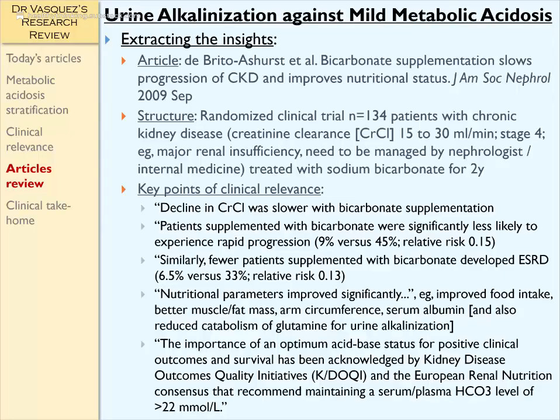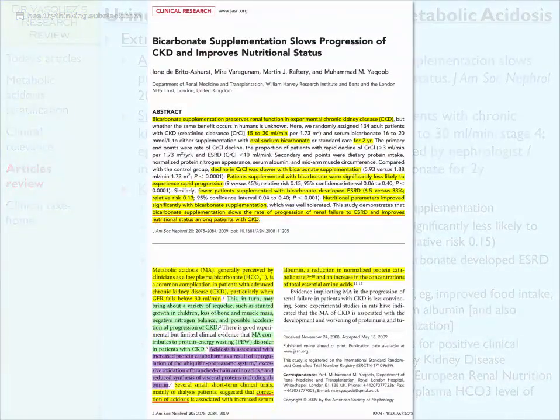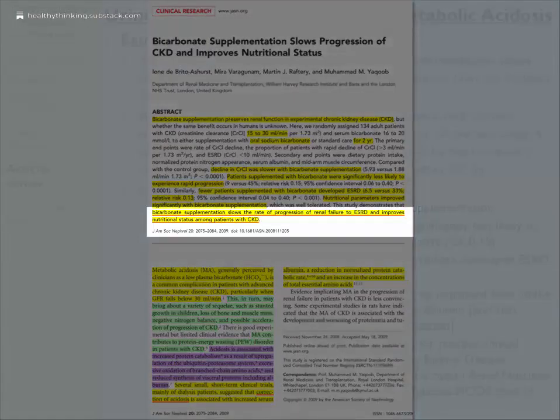Again, before leaving this article, we'll take a look at the first page of it. Bicarbonate supplementation slows progression of chronic kidney disease and improves nutritional status. Again, this was published in a major nephrology journal in 2009. I'll read to you some of my highlights here. Bicarbonate supplementation slows the rate of progression of renal failure to end-stage renal disease and improves nutritional status among patients